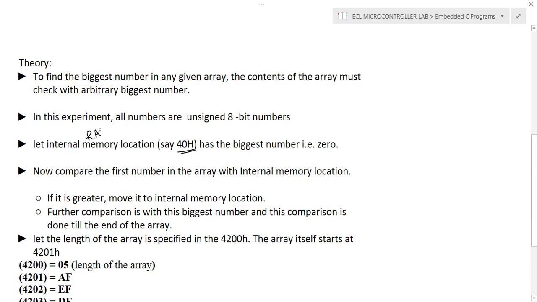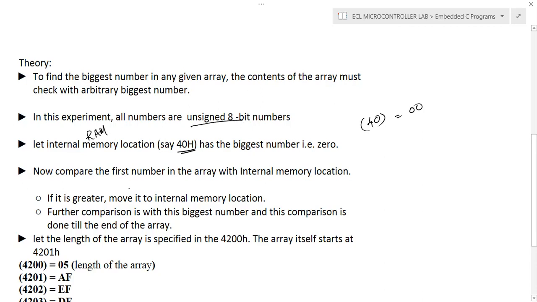Internal RAM location 40H is used to store the largest number. Initially, we will assume that 40H is loaded with 00. This is one logic. This is not compulsory. We can also load the first number into 40H. And one more assumption is that all numbers are unsigned 8-bit numbers.